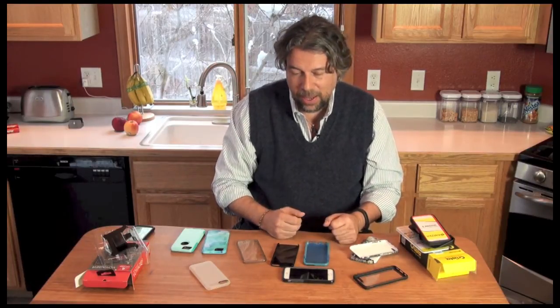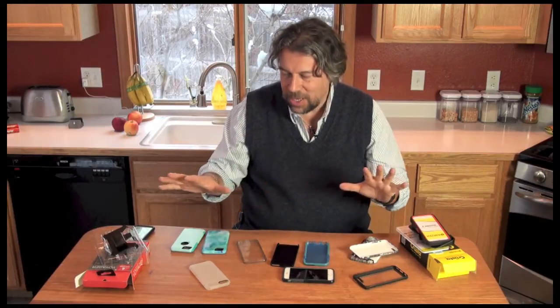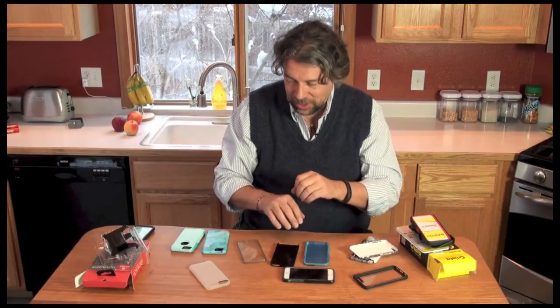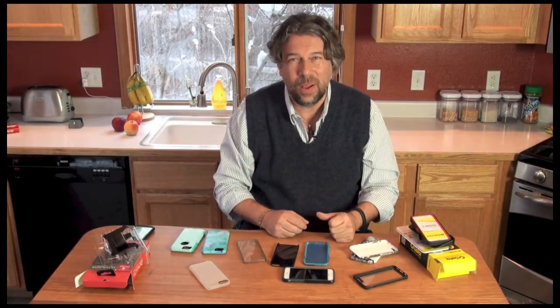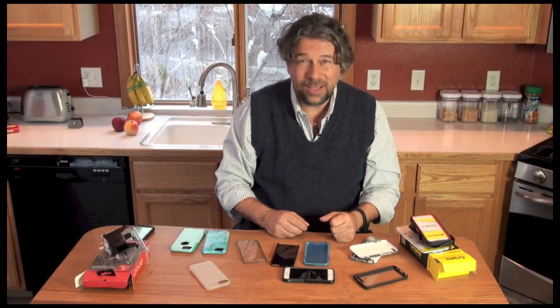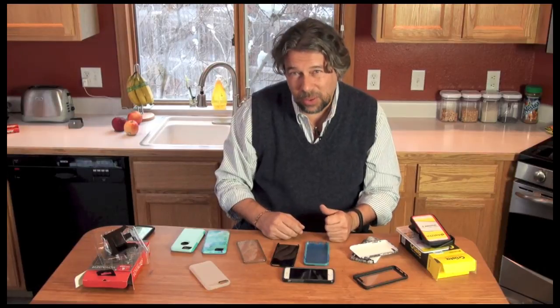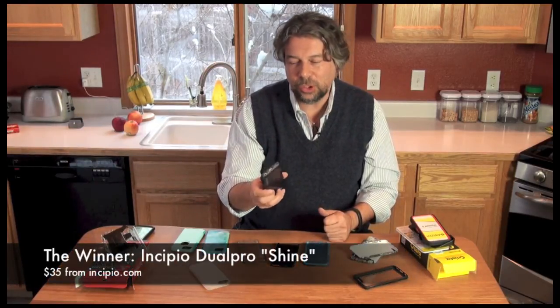So I've looked at a lot of iPhone cases, and really I've done something that most people don't get an opportunity to do, which is to really try out things in the field, put it on my phone and give it a day or two. And some of these are really nice and others just don't work for me, which doesn't say that they wouldn't work for you. But for me, I'm going to stick with the Incipio Dualpro Shine,